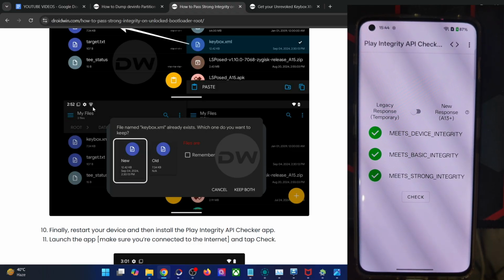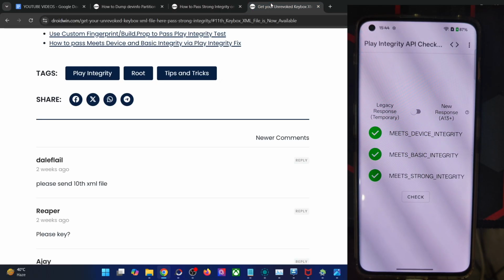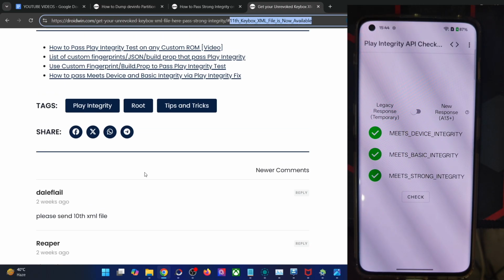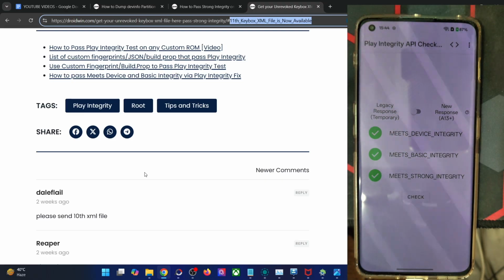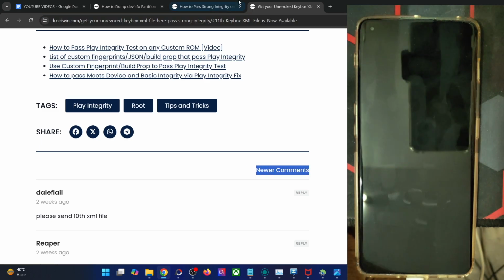So guys, on that note, I round up this video. Do note that the steps are given in this guide, but you have to request the file in this guide. Just drop in your comments, and currently I have over 1000 pending requests. So I will first reply to them, and then I will reply to the new comments. So keep this point in mind, and you could then easily use the file and get the job done.